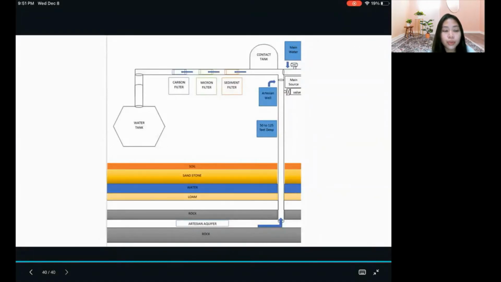We will dig 50 to 120 feet, the same size as the pipe we will use. Since this is an alternative, this is not the main source of our water. We can build up a valve so we can open it whenever we want to save water or if we